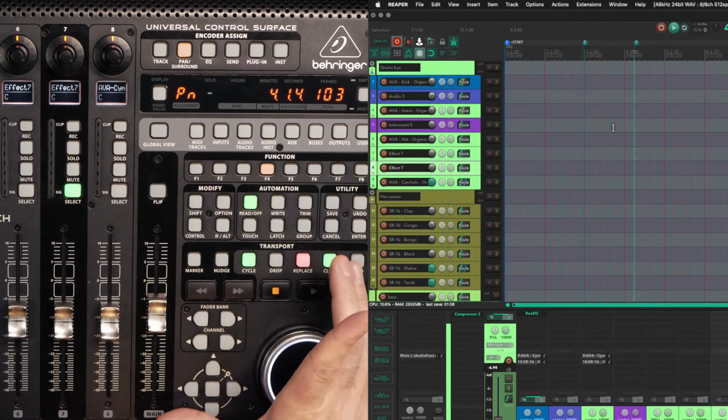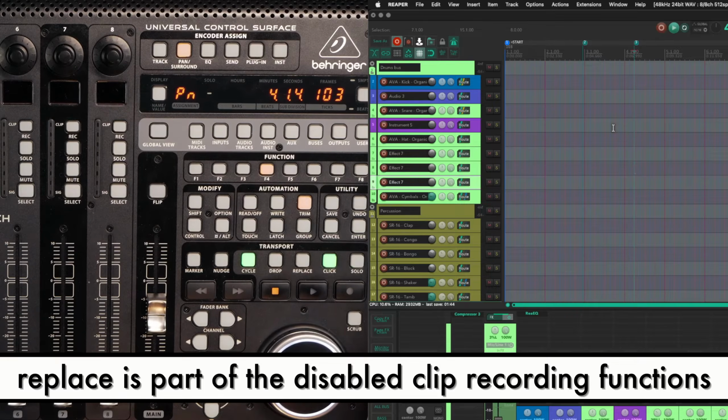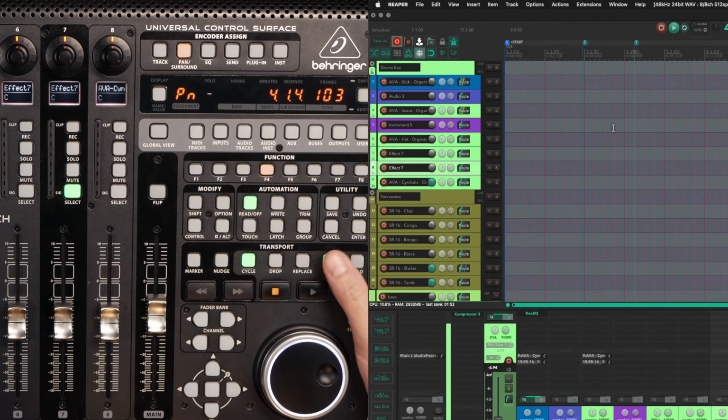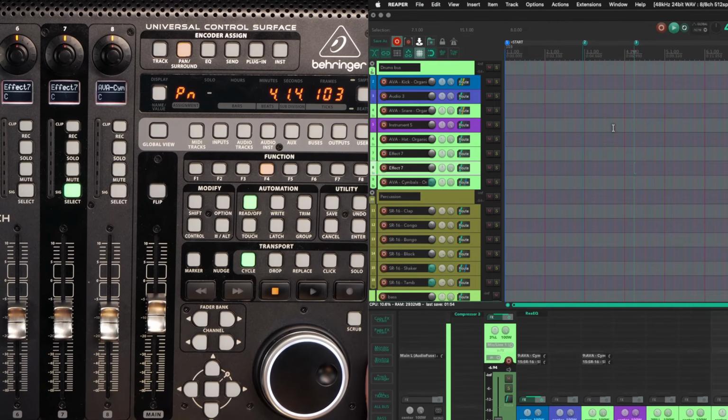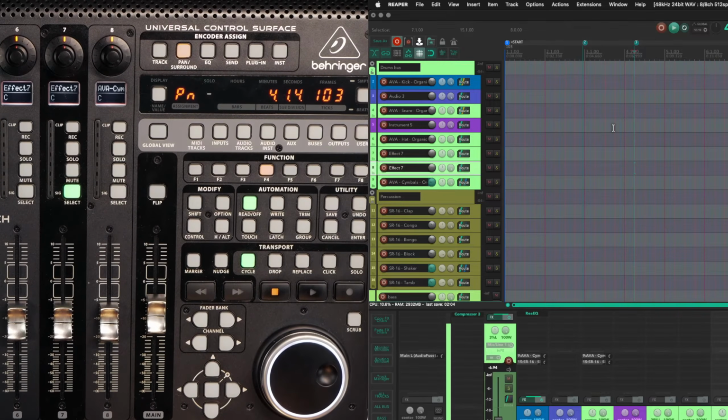The replace button, to be honest, I'm not sure what the replace button does. I couldn't figure out what that replace button actually does. Click is your metronome. Solo will clear all solos in the project. Pretty cool, actually. So there I've soloed a few tracks and I can press this button and that clears all